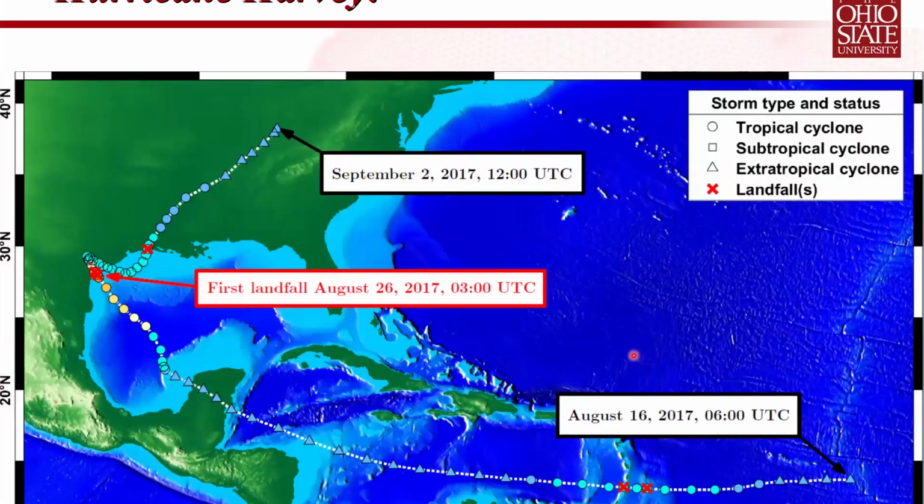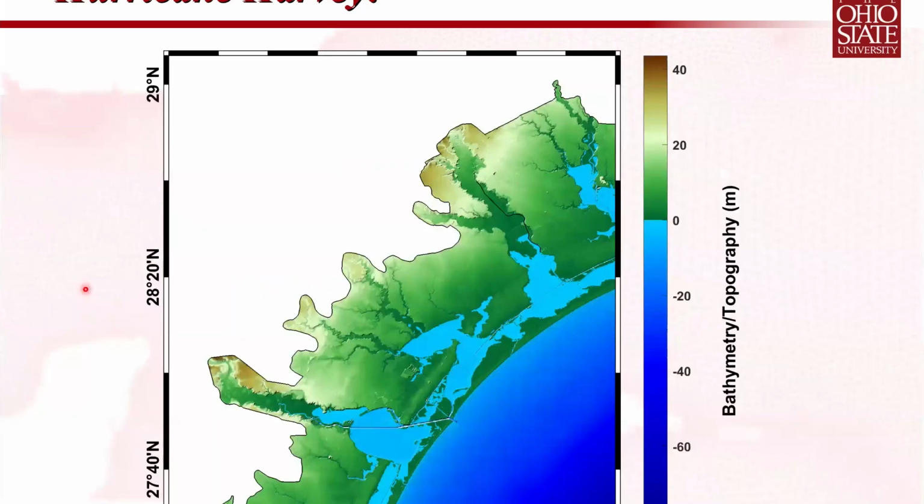Next, for the Hurricane Harvey results, this image is showing the progression of Hurricane Harvey. It started off on August 16, 2017, and eventually made its first landfall August 26th. The colors indicate the category of the storm as it approached land, so you can see it strengthening as it approached the Houston area. If you look at the path, you can see how it zigzagged, and that's one reason why so much water was dumped in that region, because the storm hovered around the area for a little while.